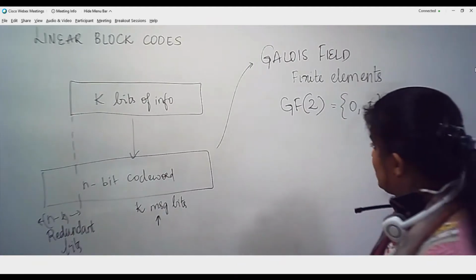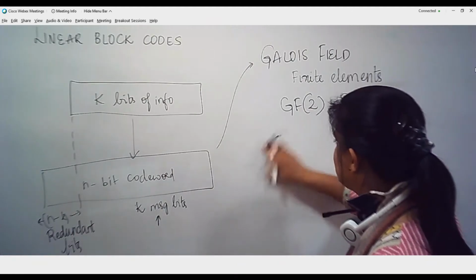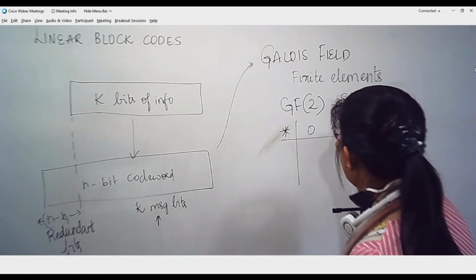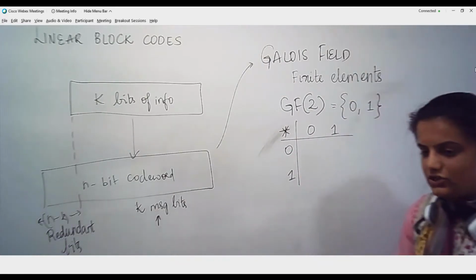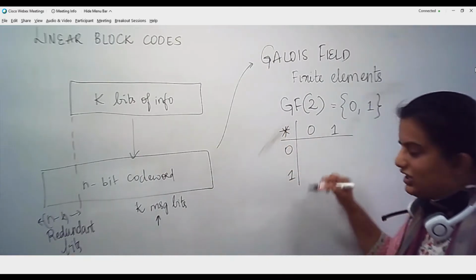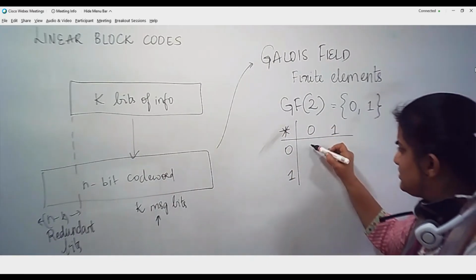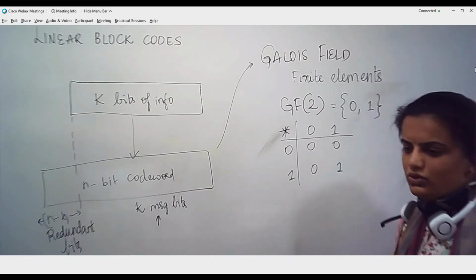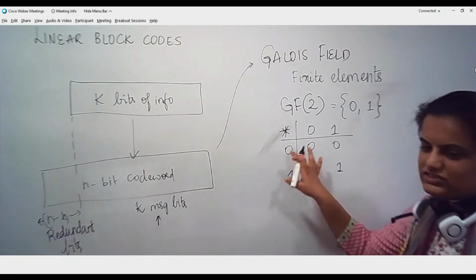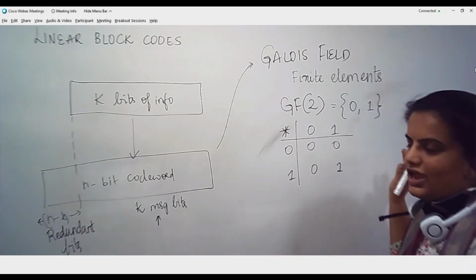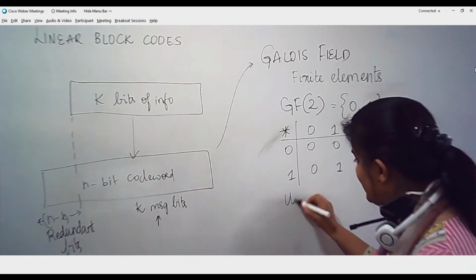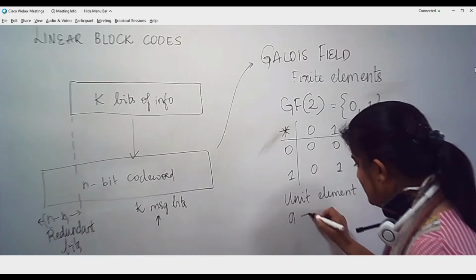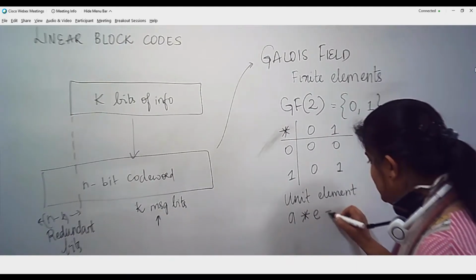Similarly, if we look at the multiplication operation, I'll just give you this final example. This is kind of important, but if you don't know it, it is not a big deal. If I consider multiplication, you can skip the 0, 0 because anyway 0 into 0 is 0, 0 into 1 is 0, 1 into 0 is 0, 1 into 1 is equal to 1. This will satisfy the associative, distributive and commutative properties. If I want to find the unit element, I have an element A. When I multiply it with the unit element E, I should get A.